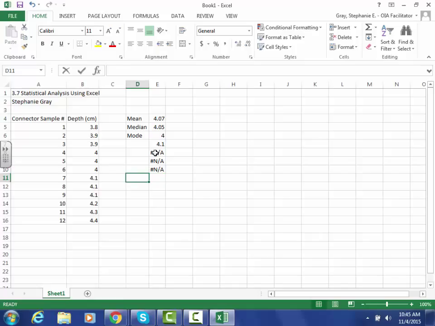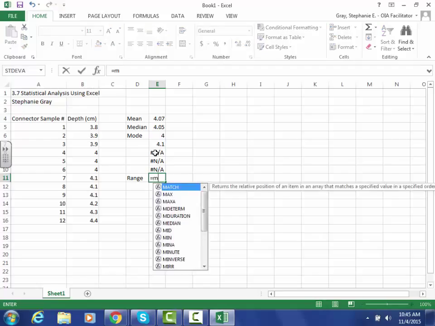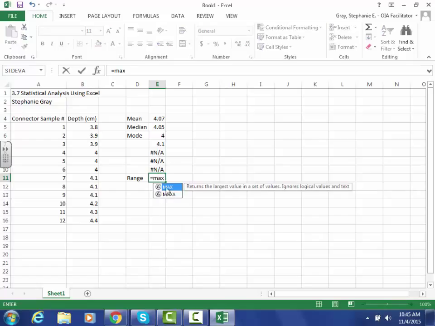Okay, next thing I want to highlight is to calculate range. Now in Excel there's not a command for range, so we kind of have to know how to find range. Remember, range is the highest number minus the lowest number. We can make Excel find the highest number by using equals max. So the maximum is going to be the largest number of this data. So I want Excel to find the max of this data, so I'm going to highlight that and